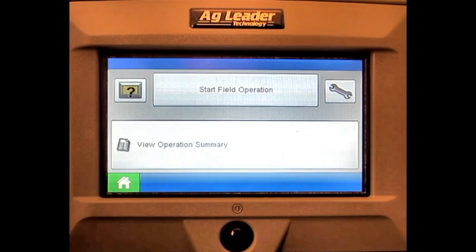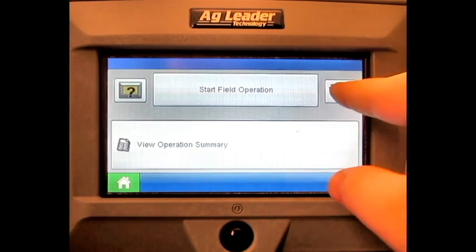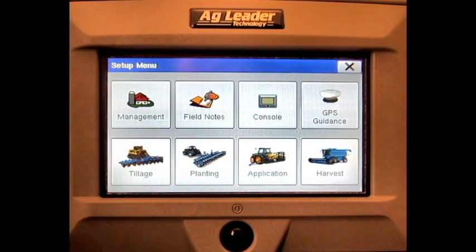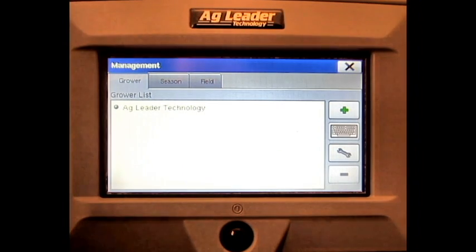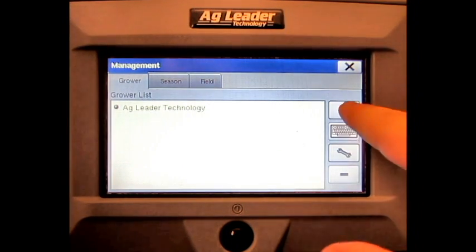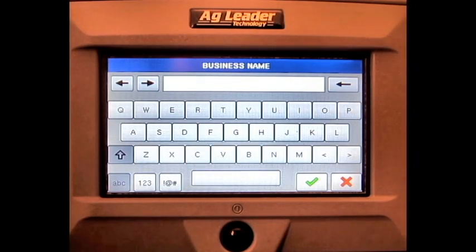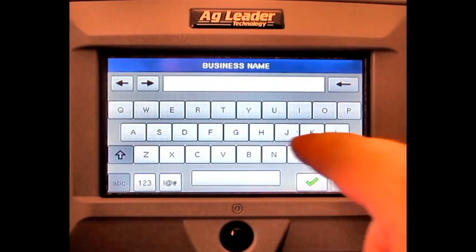In this video, we will cover how to add a season, grower, farm, and field on the Ag Leader Edge display. From the home screen, press the Setup button, press Management. Under the Grower tab, press the Add button, enter in the new grower name,